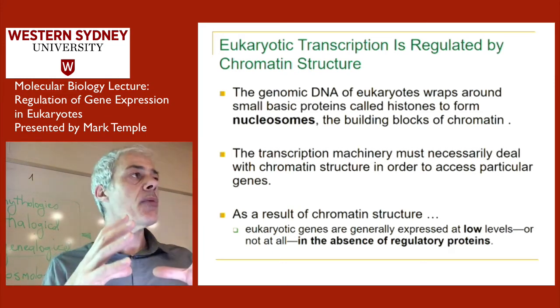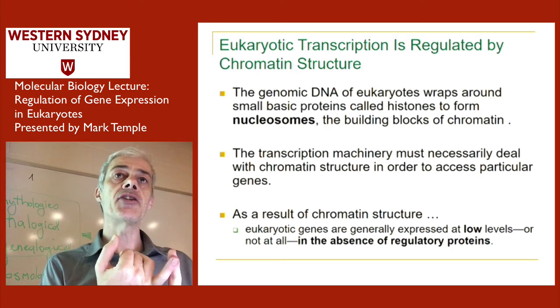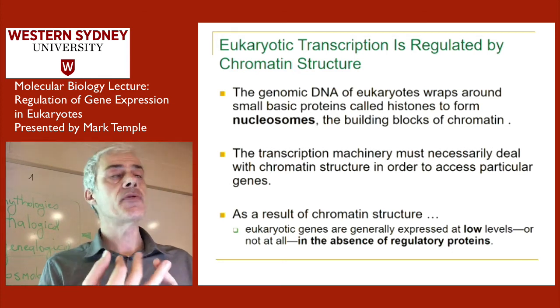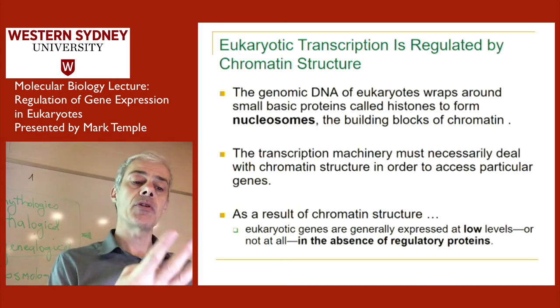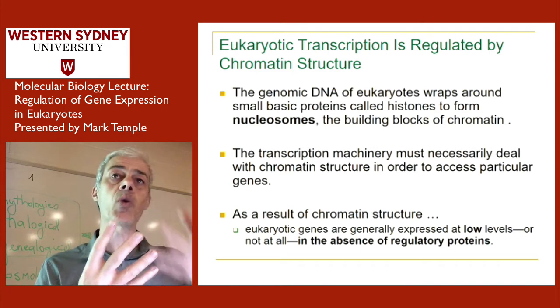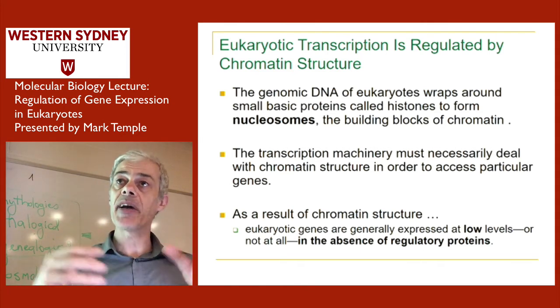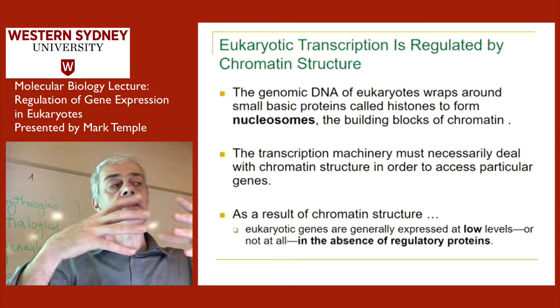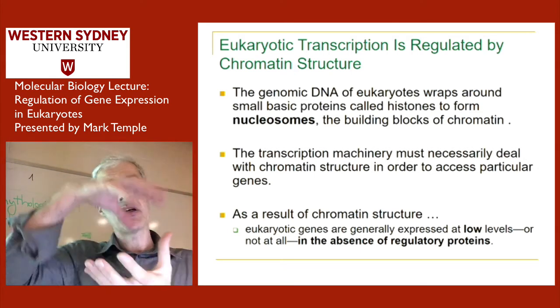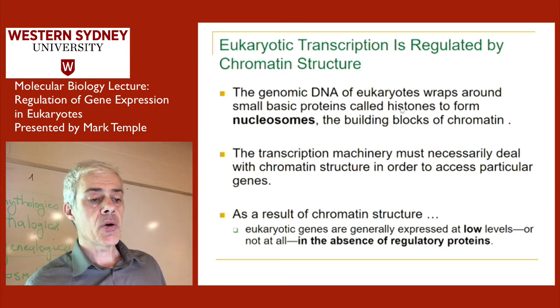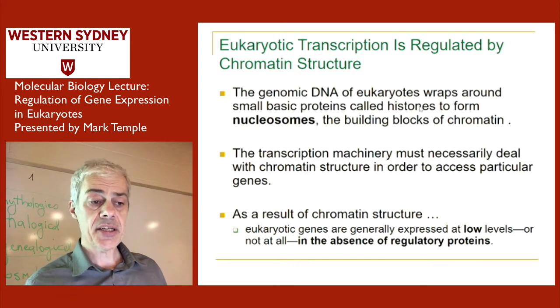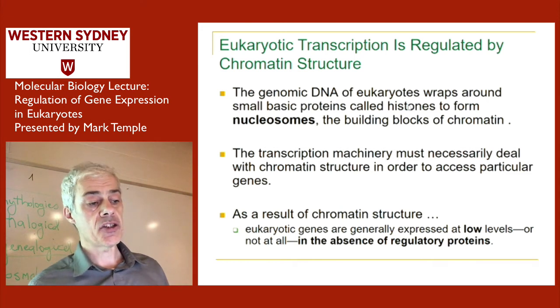What a nucleosome is made of, it's made of 2 copies of histone 2A, 2 copies of 2B, 2 copies of histone 3, and 2 copies of histone 4. So we've got 4 proteins, each one occurs twice, and those 8 proteins make up an octamer, and that makes up a disc-shaped structure. So it's like a disc, and I've got some diagrams that show what a nucleosome looks like. So the proteins of a nucleosome are histone proteins, and there are 8 of them in a structure which is a bit shaped like a disc.